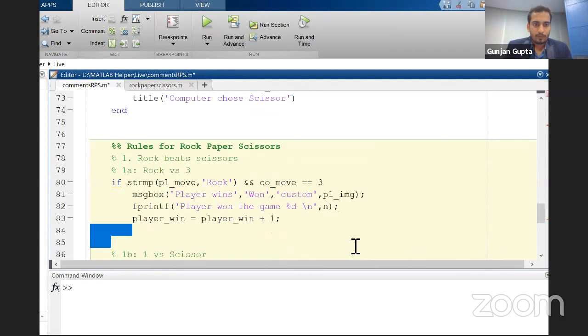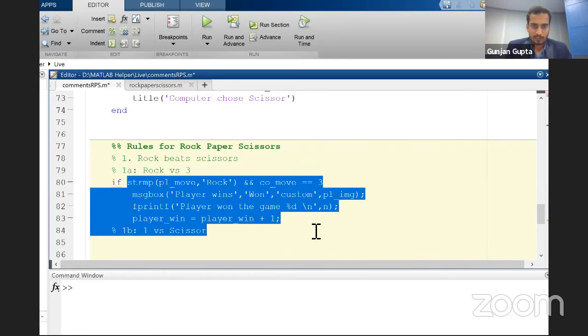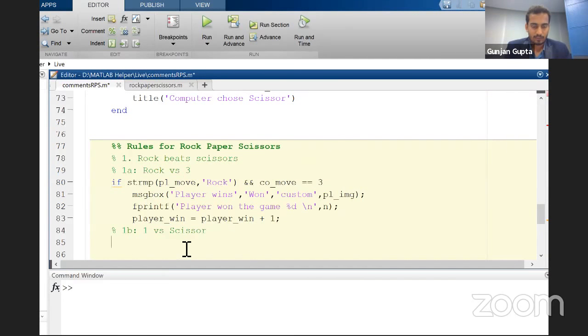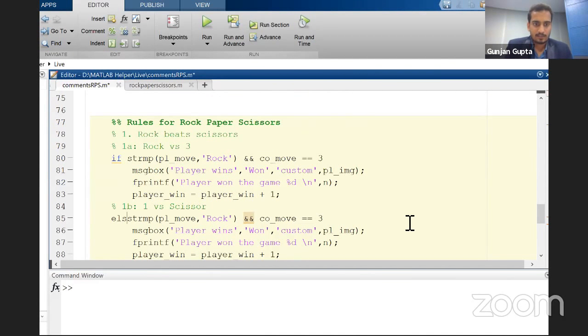Now we are going to code the else conditions. So for rock versus scissors, we are going to have a similar part, but for the computer. So else if string compare player_move was, if we had selected scissors, so let me correct it, scissors, and the computer has selected 1, that is rock.